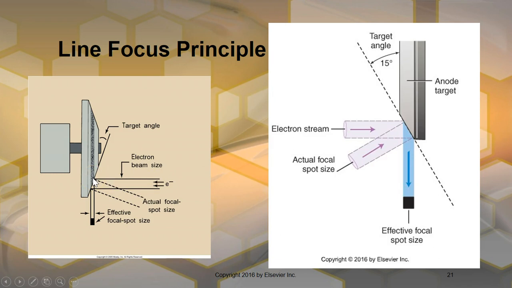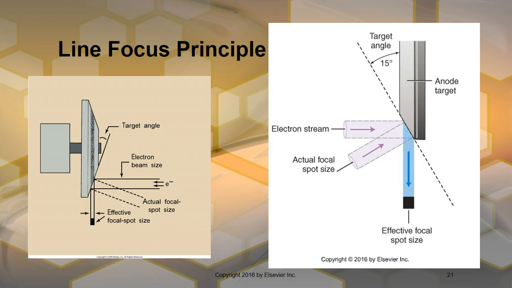Then, as it comes down, it goes straight down out of the tube housing. Notice the electron beam size, and then the effective size. What it actually hits is here, and that's the actual focal spot size, but what is actually coming out, the effective focal spot size, is going to be smaller. And you need to know just what the line focus principle is. By angling the face of the anode target, a large actual focal spot size can be maintained, and a small effective focal spot size can be created. And you want that so that your image